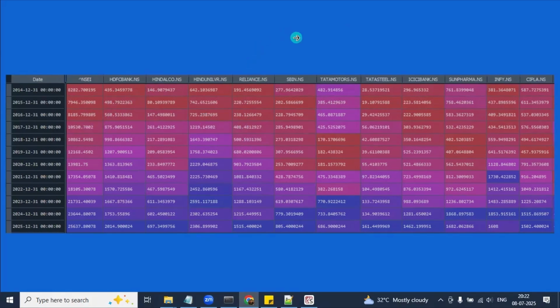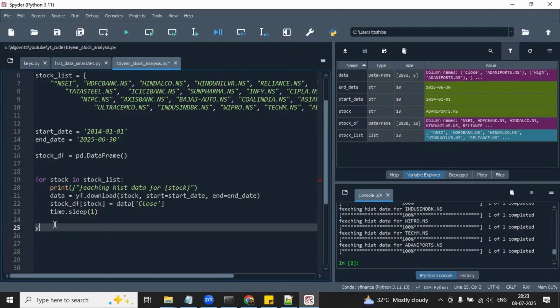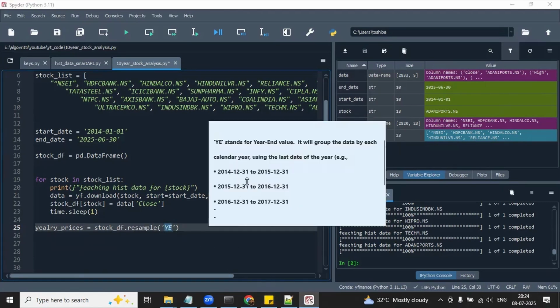So let me write the code for it so that it will make more sense to you. Let me write yearly prices equals stock DF, and to group the data I am going to use the resample method and then pass this YE value. YE stands for year end, which will group the data by each calendar year using the last date of the year. For example, it will take the last value for year 2014